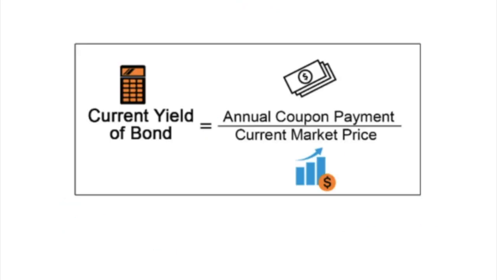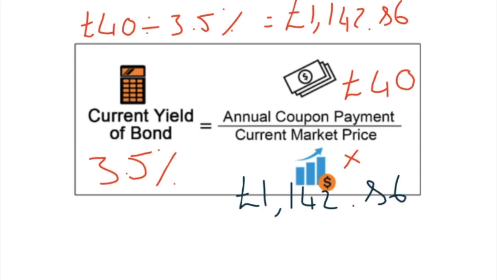So again, the simplest way to calculate a bond yield is simply to divide its coupon payment by the face value of the bond. Let's imagine this time a new bond has been launched, but this time the interest rate has actually fallen, so the yield's going to fall. So the new bond's yield will be low, but Bond A's yield will also have to drop. So as the coupon remains at 4% with a £40 payout annually, the price of Bond A must now rise. So again, if we rearrange the formula, let's do this now. So our £40 divided by our 3.5%